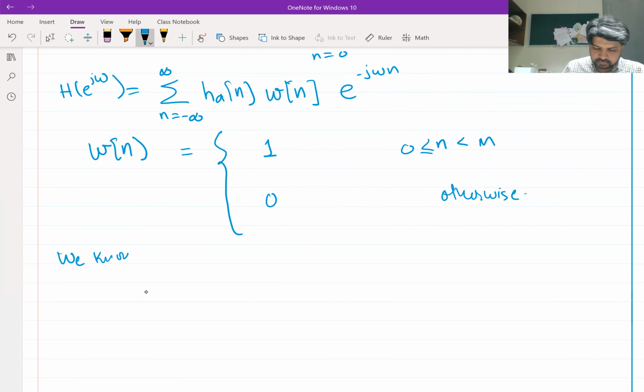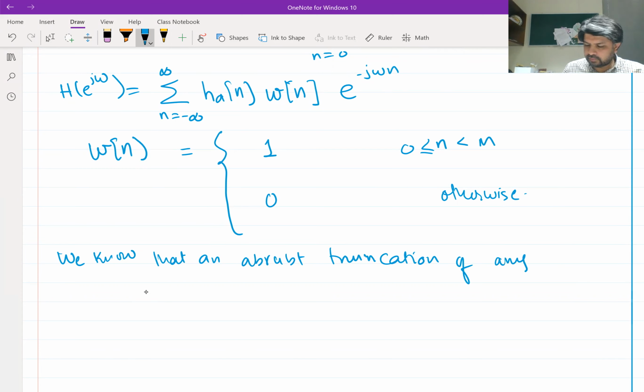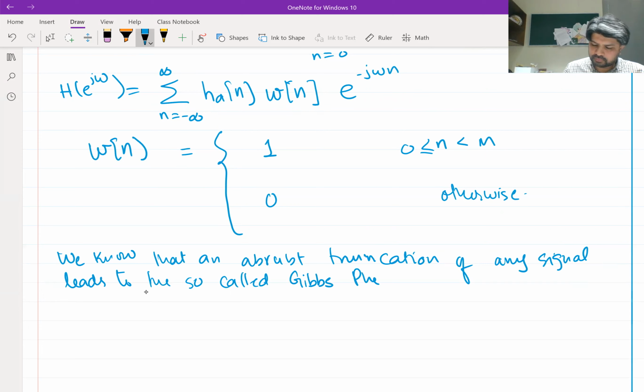We know that an abrupt truncation of any signal leads to the so-called Gibbs phenomenon,